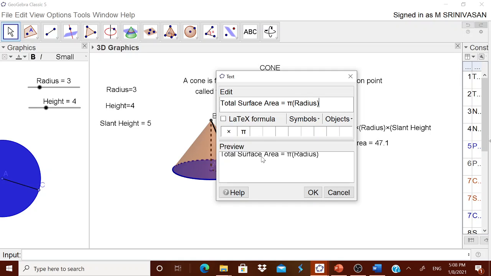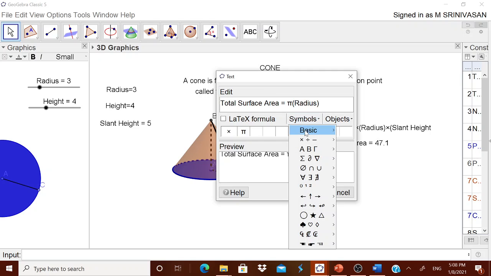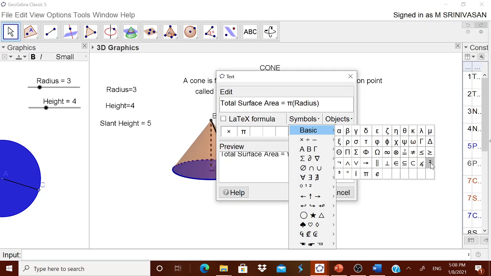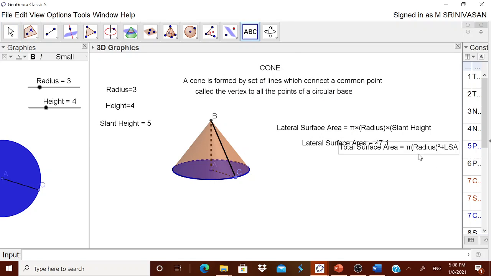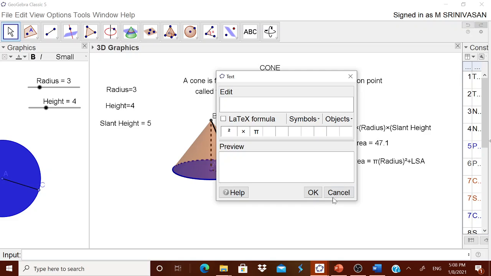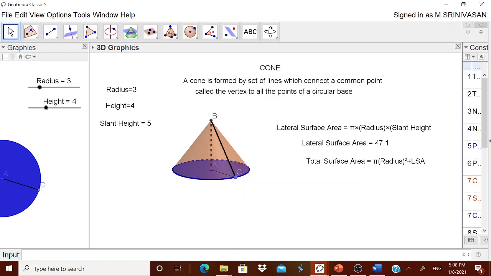circle at the bottom, therefore pi r square, from the symbol you can use this square, plus lateral surface area LSA. I think you can tell the children how they got it. You can explain the formula also. Once again, in the input box, you can write TSA